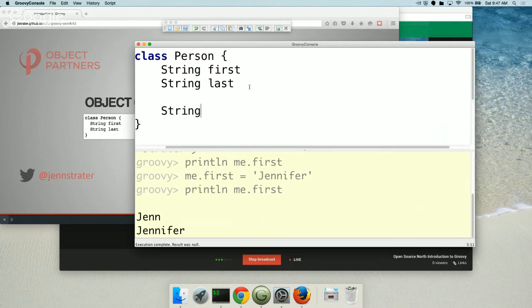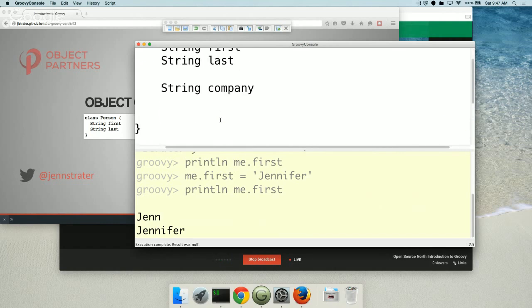So I work for, we talked about, I work for a company called Object Partners. So I'm going to add in another string company, and then I'm going to define my full name.